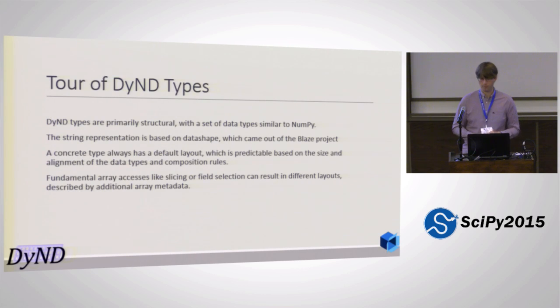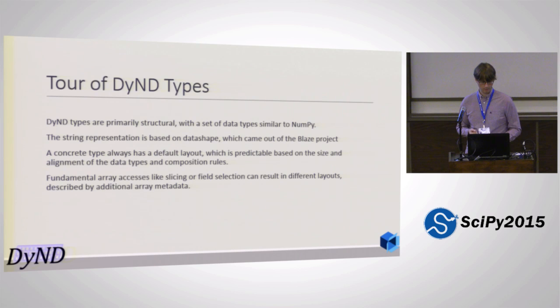So I'll quickly go over how DyND types and the DyND system try to tackle that. It's primarily a structural type system with D types that are very similar to the NumPy D types you're familiar with. The representation is data shape. We've got a spelling that came out of the Blaze project, and it's extensible. It's got a basic framework for that, plus syntax sugar for a lot of the common ways you